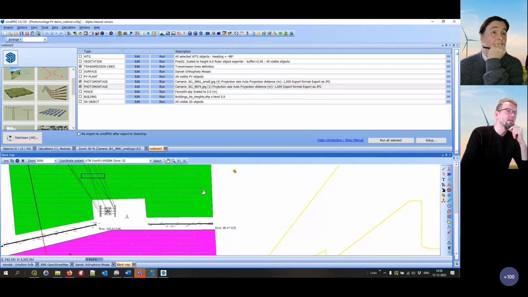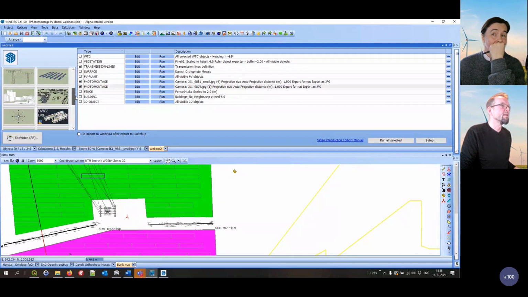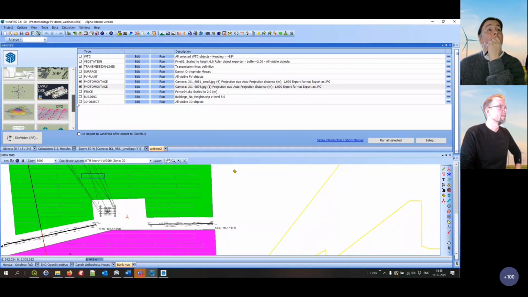The position of the panels themselves is something we have on our list to do. So you can import specific positions of panels, but we don't do that. If you are working only for visualizations, and you have a layout created in another software,